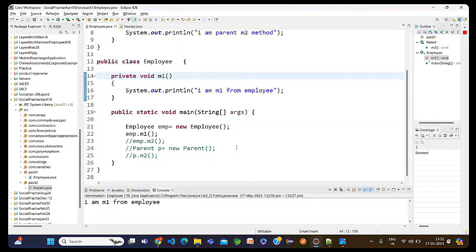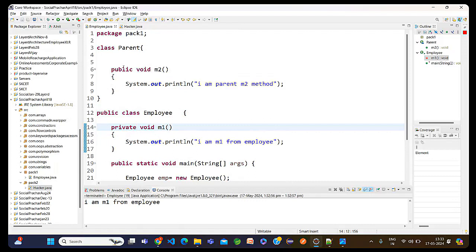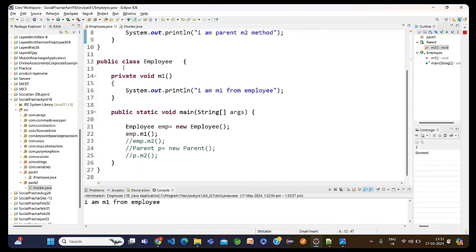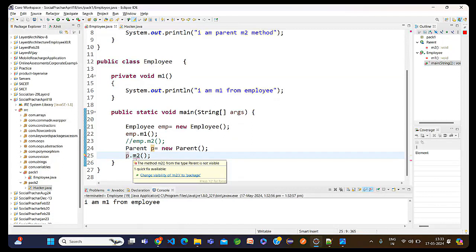Now obviously I'm going to make the parent class public, and the method private. Do we have any relation right now? No. Even if there is no relation, we need to get the object of parent, right? I cannot execute it if it's private. The method m2 from the type parent is not visible. Change visibility to